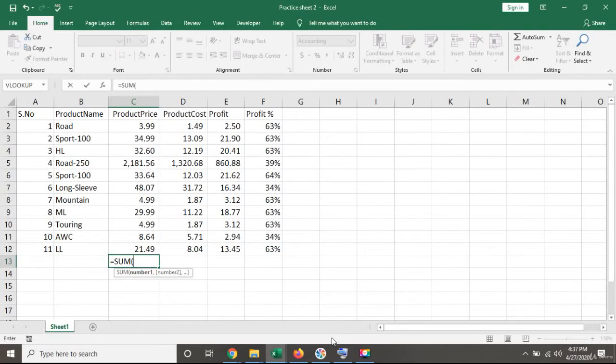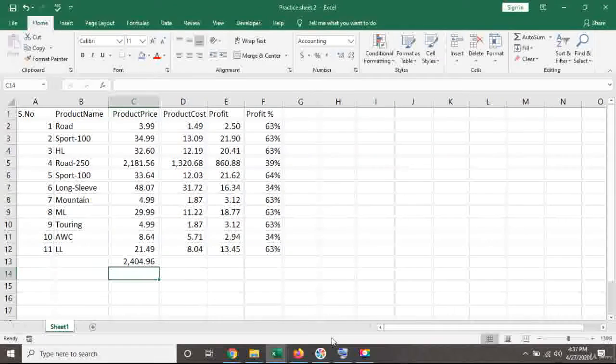Now using your up and down keys, select the right range. I will go one step up to pick this cell. Now press the shift key and keep pressing upwards to select all the data, and when all the data has been selected, you need to close the bracket and press enter, or just press Ctrl enter. So I will take the first approach. I will close the bracket and then press enter.